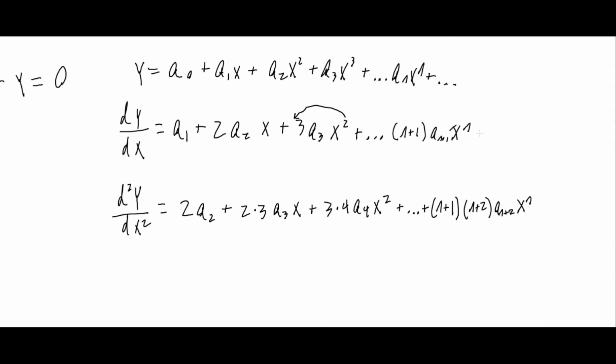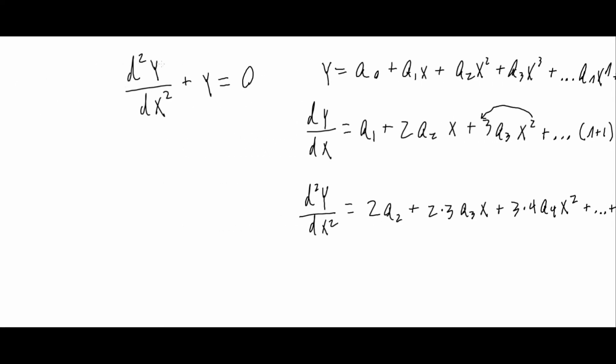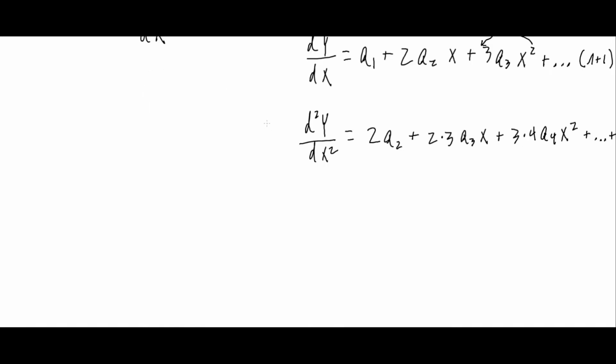So in both cases, this should be going off to infinity. And so this is the second derivative. And we said that we want to find where the second derivative plus the function is equal to 0. And what will satisfy that is if we just add each of the same powers of x, so 2a2 plus a naught